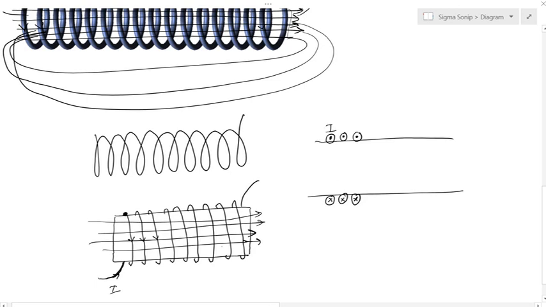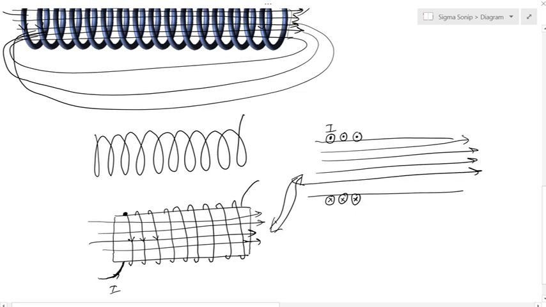Again, this is the same content. They are exactly the same, this figure and that figure. So the magnetic field will be like this. Now solenoids are very important because